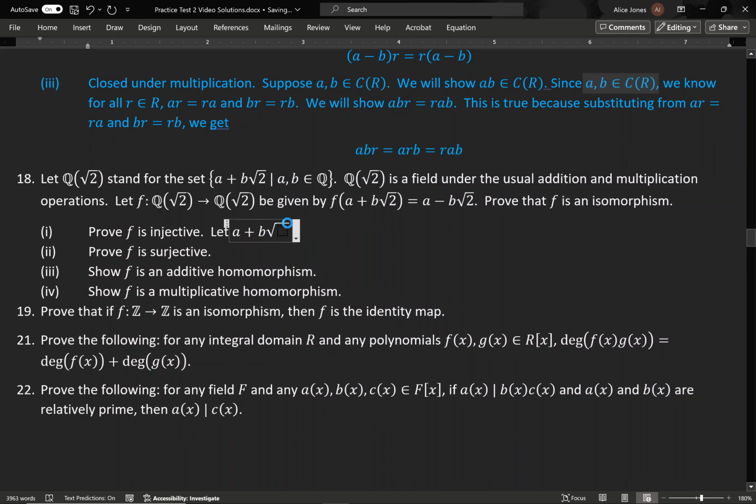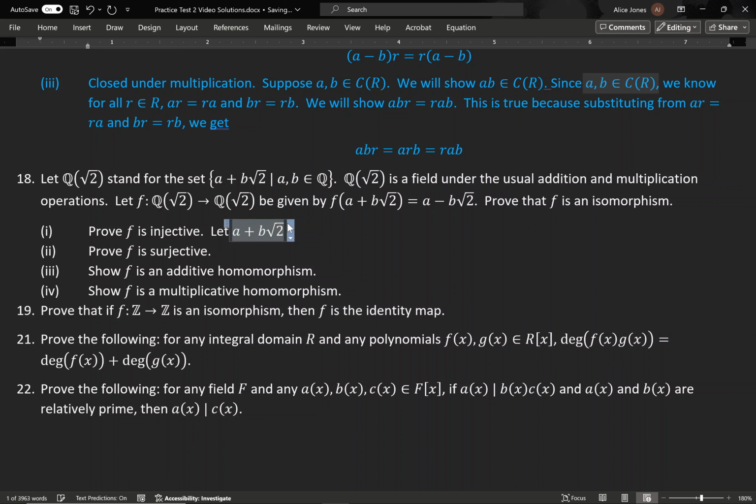So A plus B square root of 2, and then for my other element, I'm going to use C plus D square root of 2. Kind of important to do this because otherwise you could just call these two elements like X and Y or something, but then you would still have to expand them into this form in order to be able to do any math with them. So we're going to let A plus B square root of 2 and C plus D square root of 2